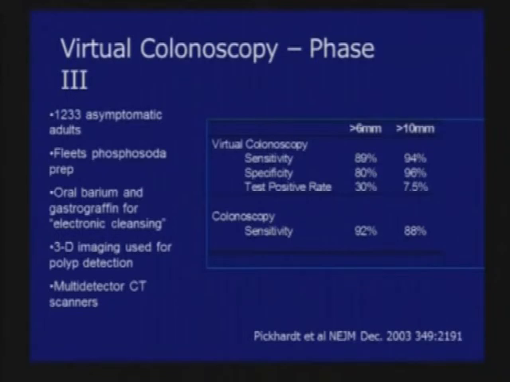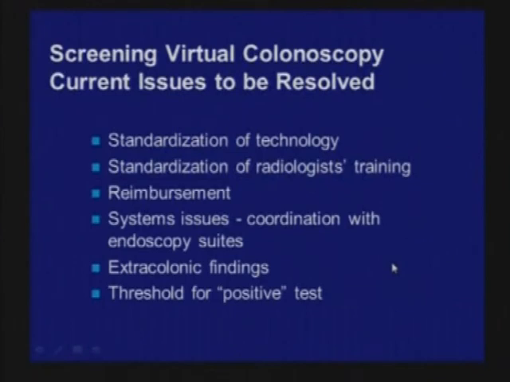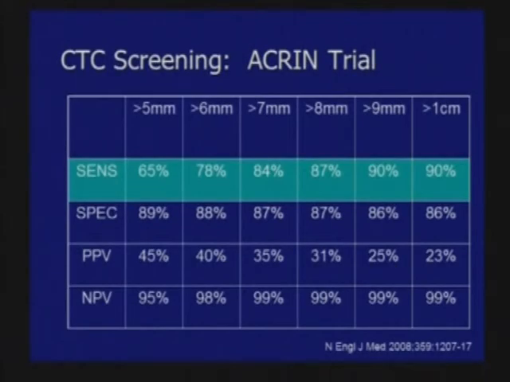So lots of excitement until we had some larger studies that looked at virtual colonoscopy on a large scale. And what it showed is that the sensitivity really increases for large polyps, but it's quite low for smaller polyps. And we as gastroenterologists know that these small polyps are markers of risk. And the specificity is not great. The big problem is that there is lots of cross-reactivity with stool, and the positive predictive value, if you have an abnormal CT scan, is only about 25%. So a lot of these people are going to go on to colonoscopy and actually not have polyps found.